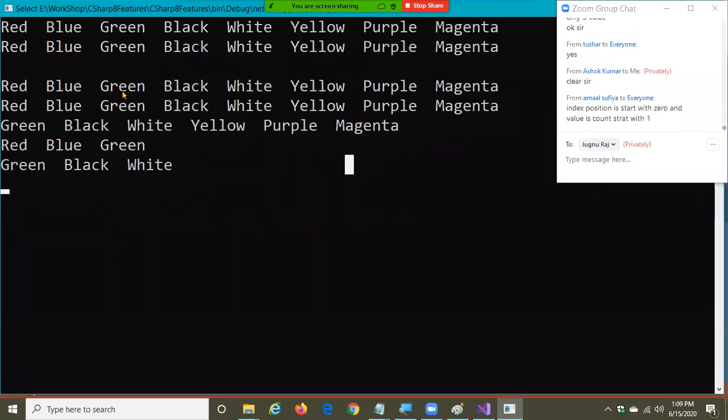Starting index position 2 means green: green, black, white, yellow, purple. So the first parameter is index, but the second parameter is count. Index starts from 0 and count starts from 1. The first parameter is index and the second parameter is count.